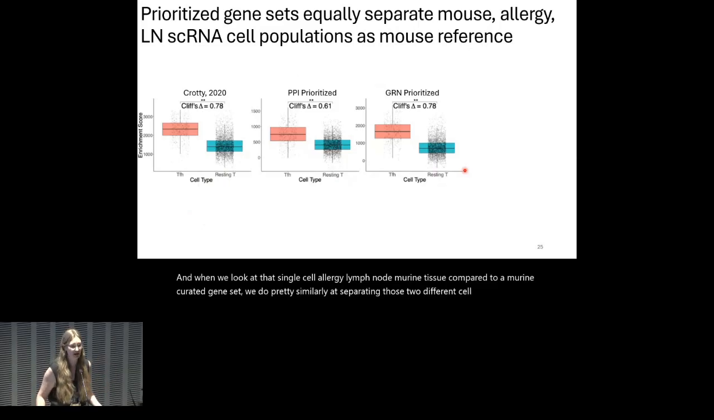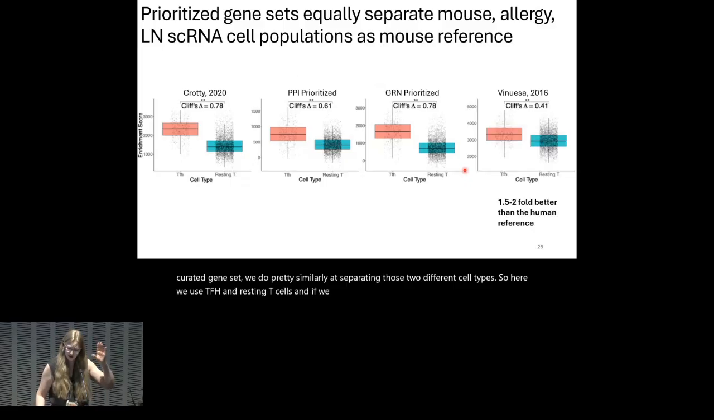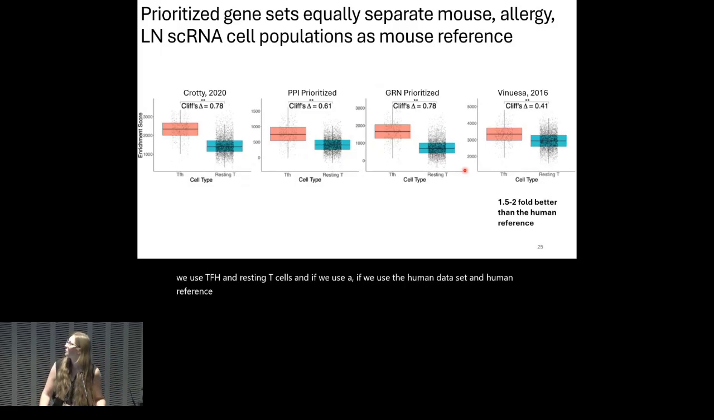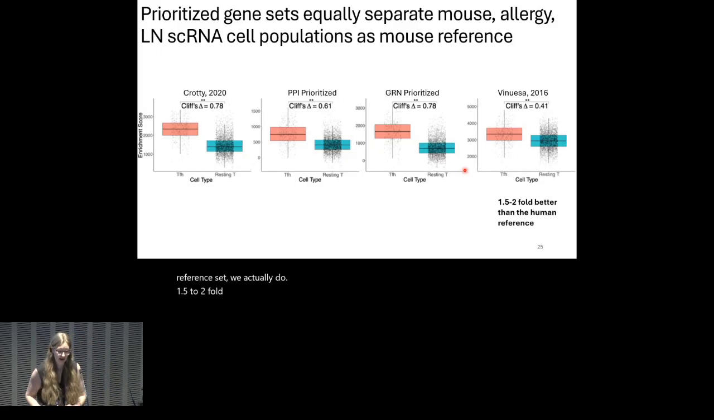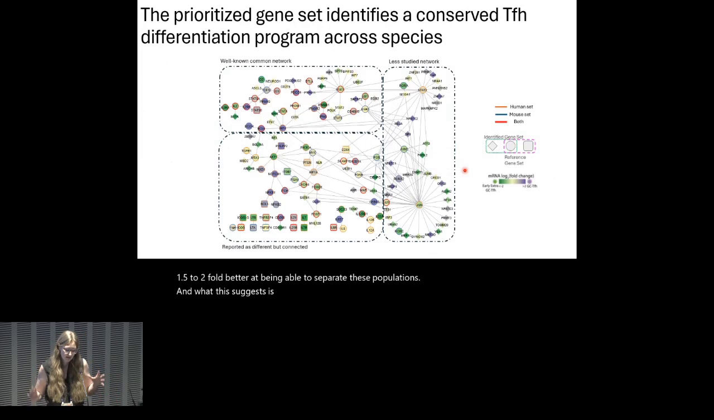So here we use TFH and resting T cells. And if we use the human data set and human reference set, we actually do 1.5 to 2-fold better at being able to separate these populations. And what this suggests is that, if we look at these populations and again, try to see how are these